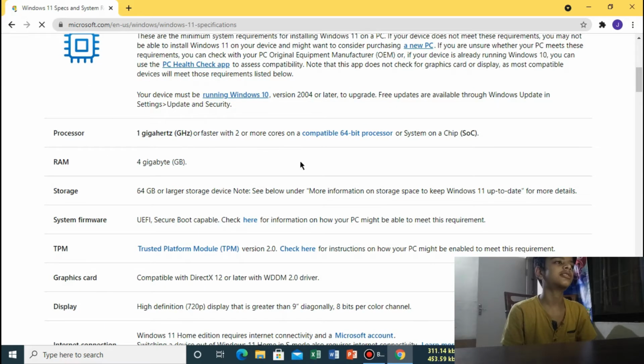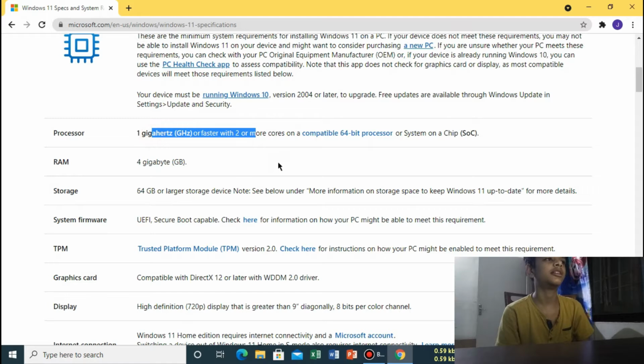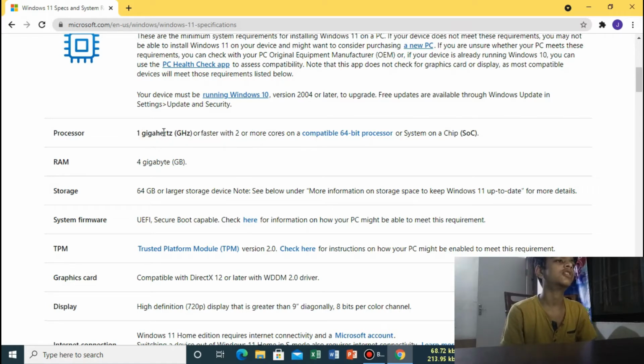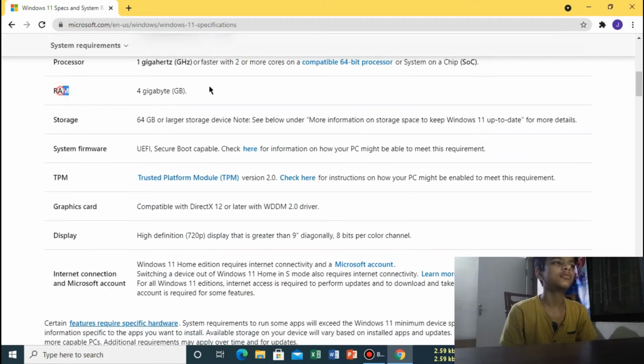Now these are the main system requirements for Windows 11, and these are recommended. You need at least a 1 GHz processor or faster, and obviously in 2021 all PCs have a 1 GHz processor or faster. It should be dual core or more, and it should be a 64-bit processor. 32-bit will give you lag.